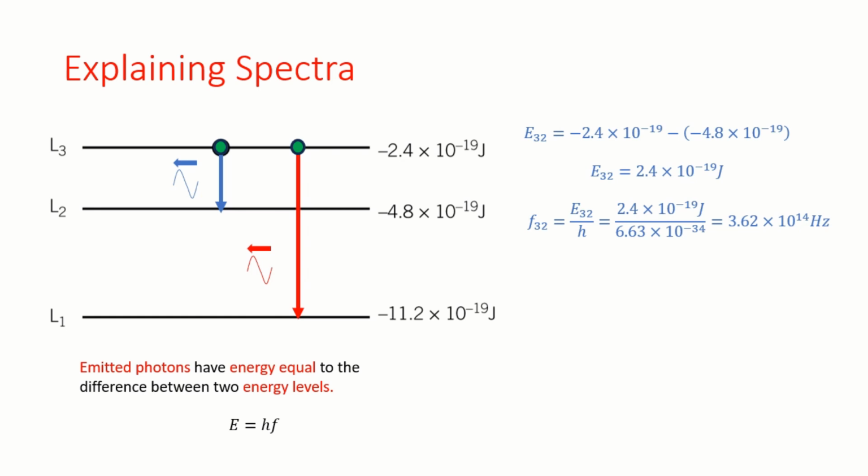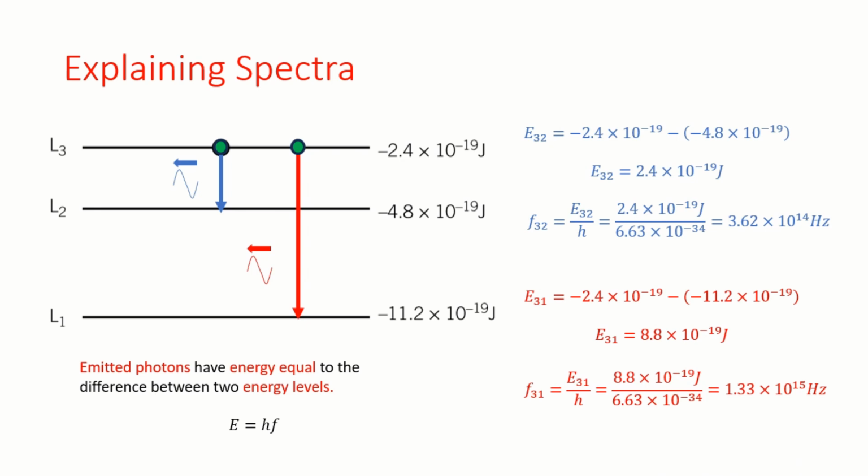Okay, if you're watching, then I'm assuming that you've at least had a try at this. We just do the same thing. We're starting at energy level 3, that's minus 2.4, and we're going down to minus 11.2. And so we're ending up with an energy difference there of 8.8 times 10 to the minus 19 joules. Notice all I've done is found the difference between 11.2 and 2.4. To find our frequency, all we have to do is the exact same process. That 8.8 times 10 to the minus 19 is going to get divided by our 6.63 times 10 to the minus 34,